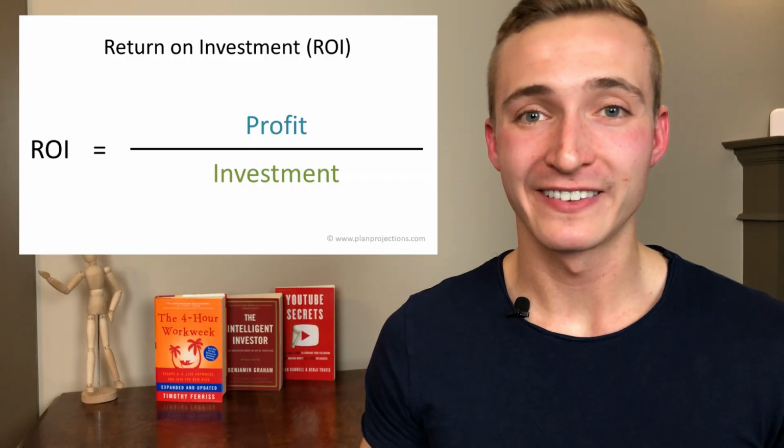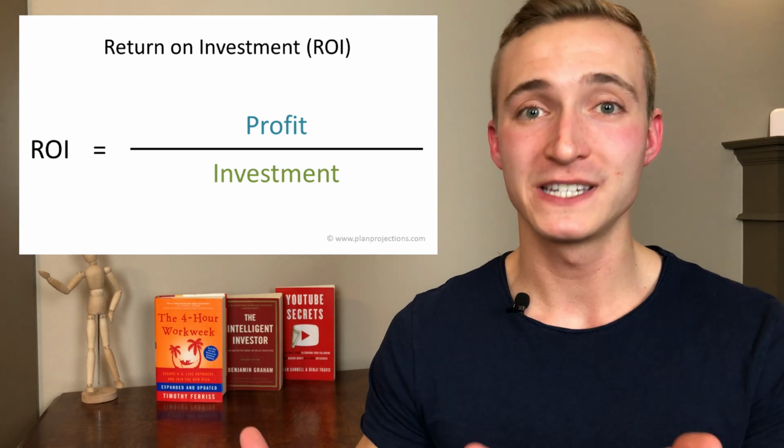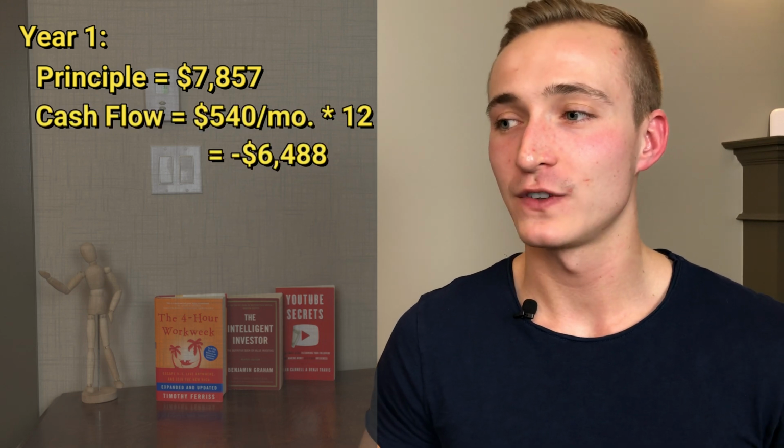So the rate of return is essentially the amount of money that you're getting each year compared to the amount of money that you put down initially. So if we only consider the first year of home ownership, where I end up paying down $7,857 in principal, we can calculate the total return on investment by adding the total annual cash flow that we